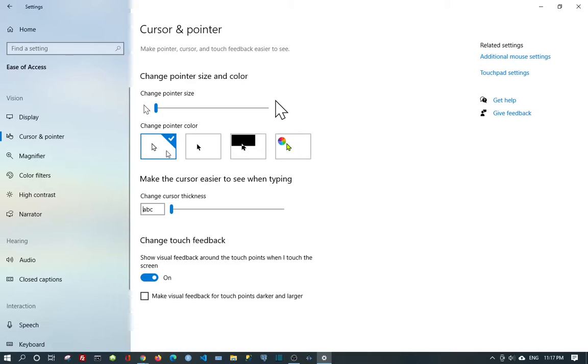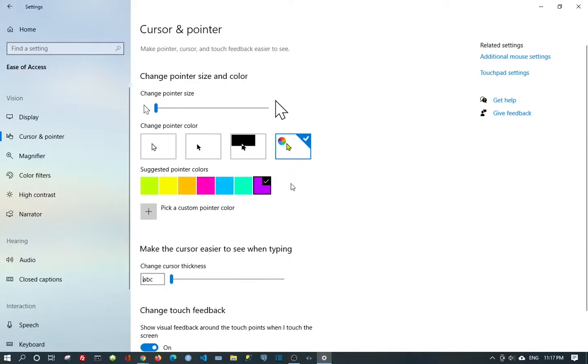We can change the pointer color. This one we're using currently, so we can change it to black. See, we can then change the color. Change now. You can see the color is changing of the cursor. You can change it to yellow,